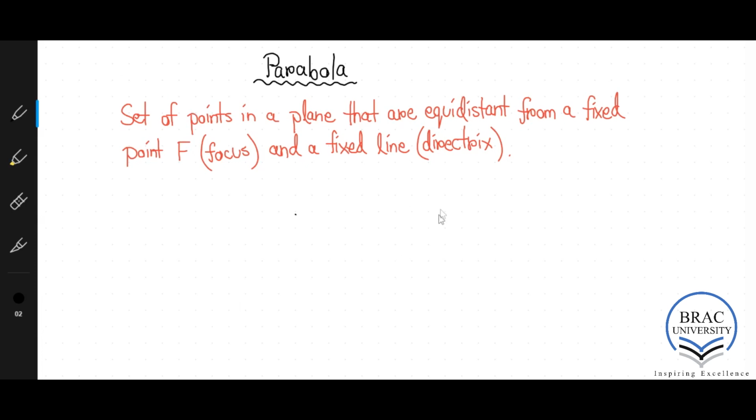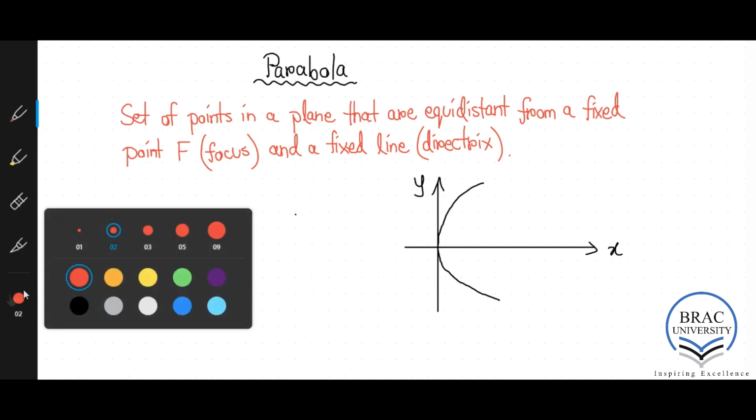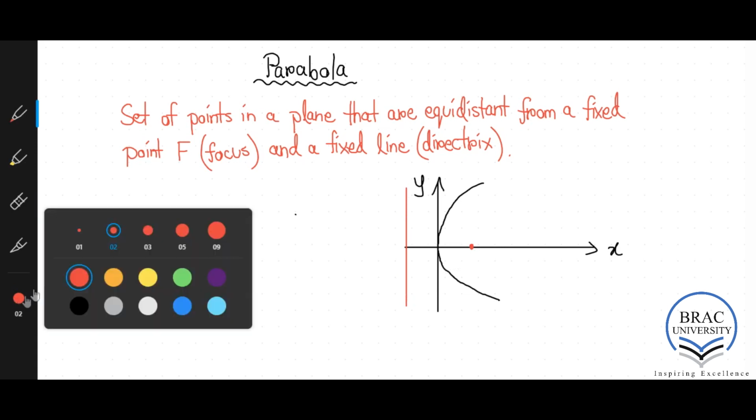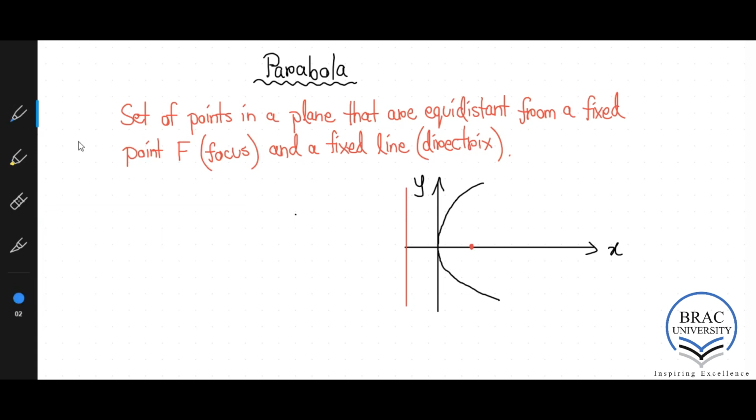So let's go ahead and draw a graph of a parabola. So let's say this is the x and the y, and the shape of a parabola is like this. And we will see we have, I'll use a different color for that, a line here and a point here. And all the points, such as, let's say, this point and this